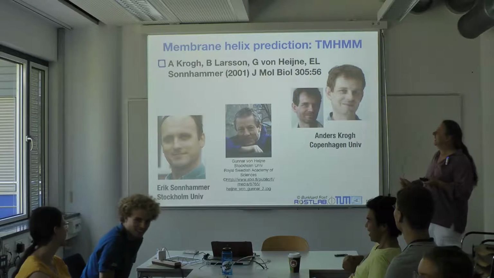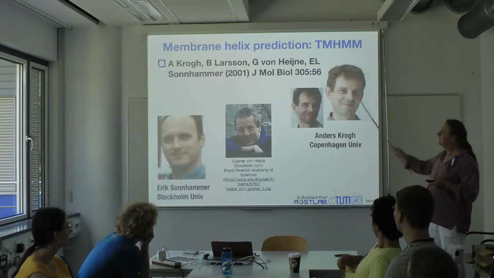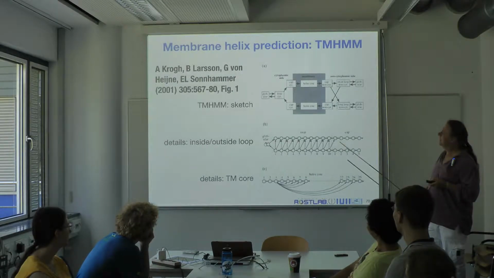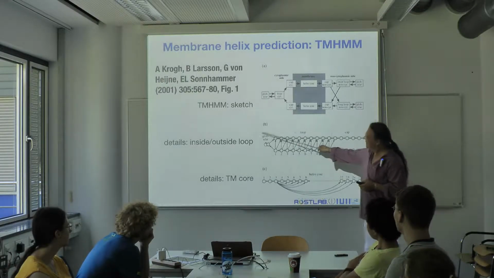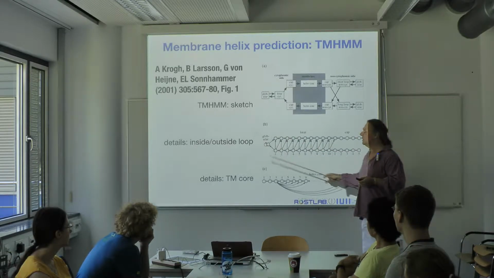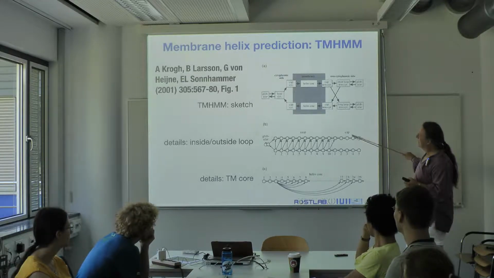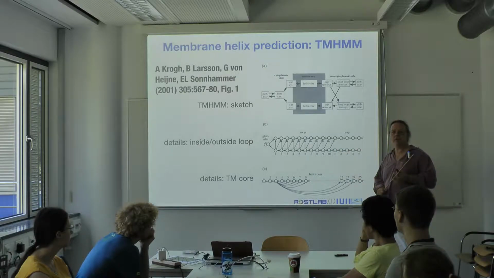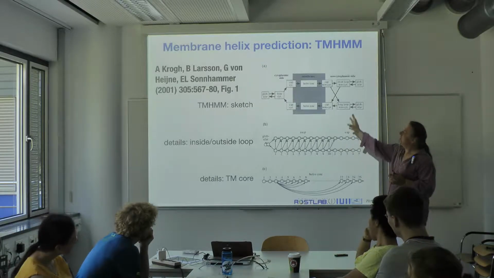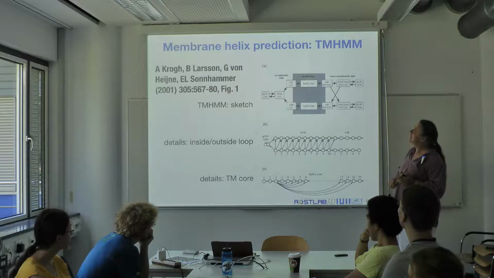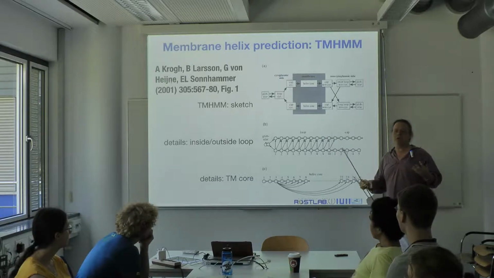Anyway, the story goes back to Anna Schroch. The team was with Eric Sonnhammer and Gunnar von Heijne. The point really is that in a hidden Markov model you can put in a grammar. There's something to model the globular environment, something to model the caps, something for the situation in between in the membrane layer, and something for loops versus non-loops. So you have different elements that you can classify, and then you can say, I have to go into the helix state and stay in it for a certain amount of time,